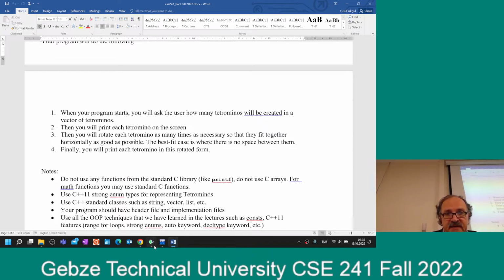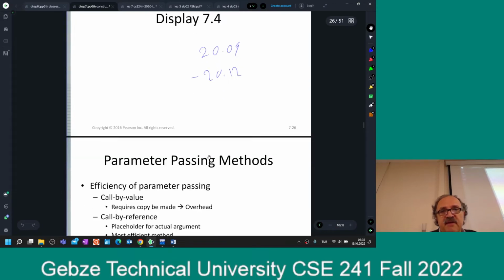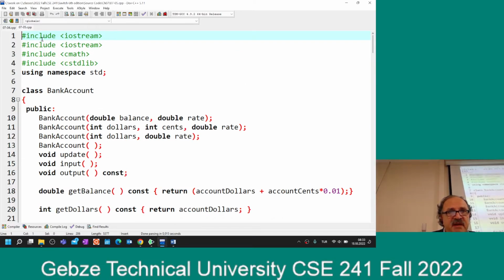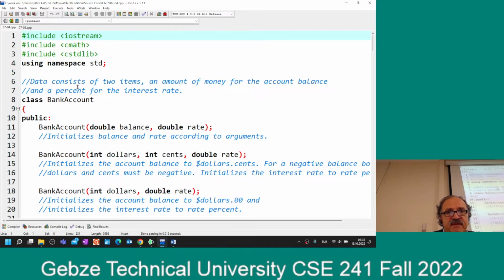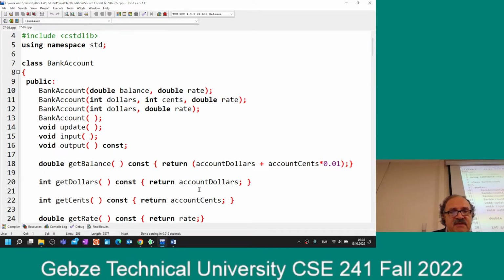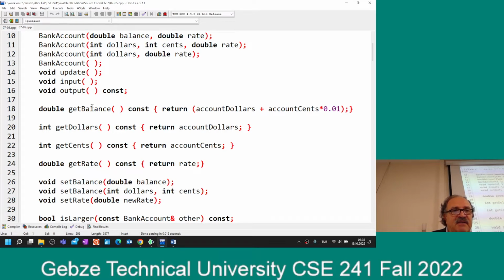So let's go back. We looked at this 7.4, which was bank account, right? This one. Later we said that we can inline some of the functions, simple ones, okay? Like this one. Get balance is a very simple one. I am just inlining it. Remember, inlining means